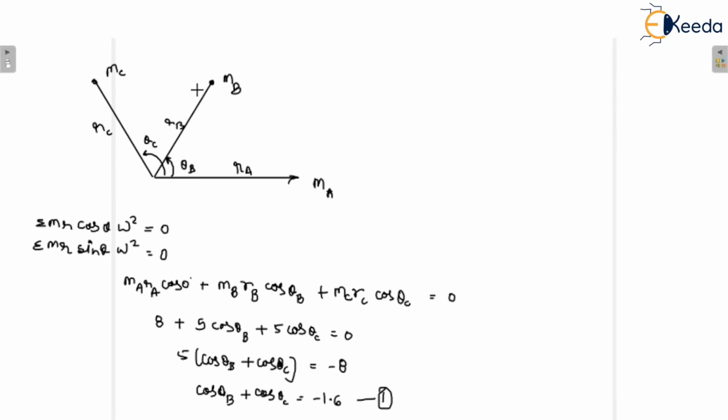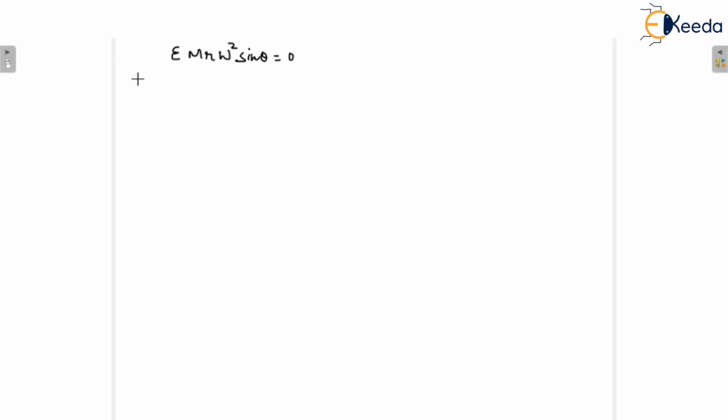So that is the summation of m r omega square sin theta equal to 0. m_a r_a sin 0, and sin 0 value is 0, so I'm not going to consider it. 0 plus m_b r_b sin theta b. Okay, similarly m_c r_c,